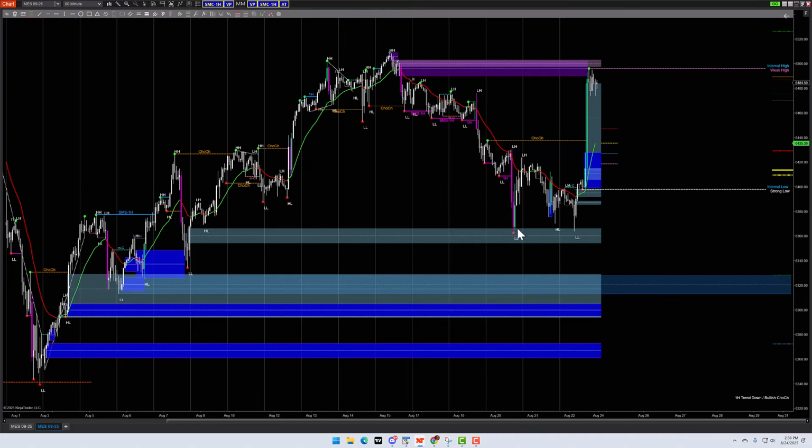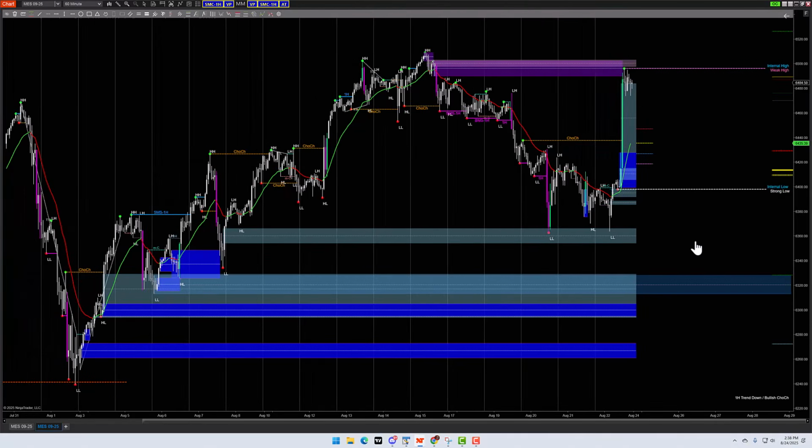as the breaks happen, as we get the market structure shifts right here in this magenta color, just to make sure you can't miss it. Now, a couple of things you'll note here. Where do we find support? Right, again,